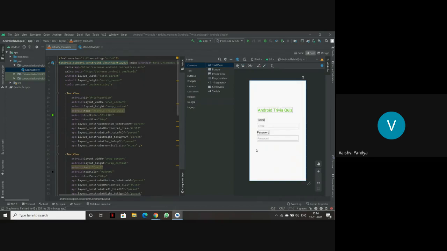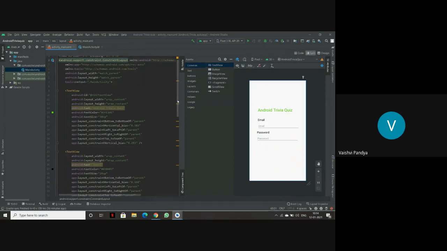Now, as we all know, when we make a trivia, I mean if there is a quiz page, if we forget the password, we want the sign up option to come up that says do not have an account, sign up. So I will again use text view here.